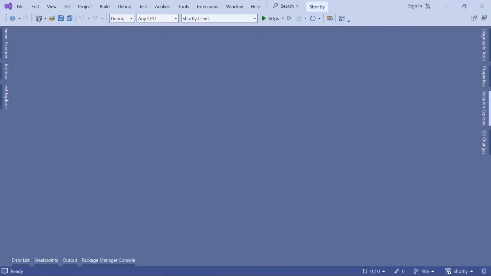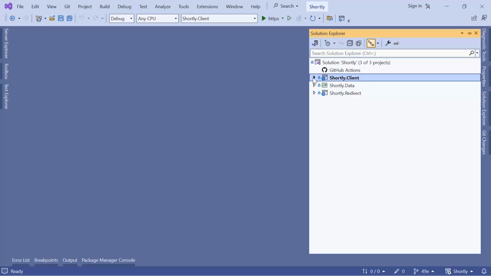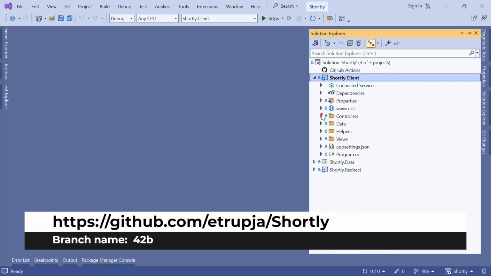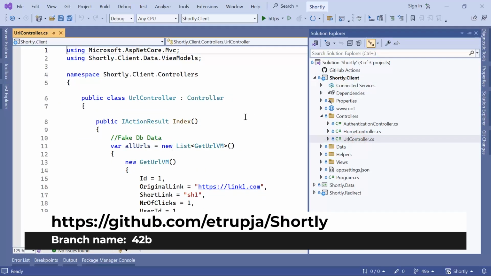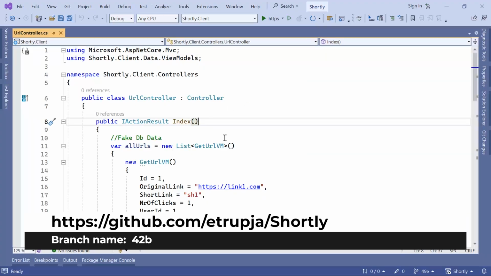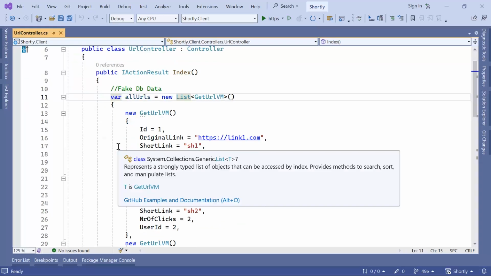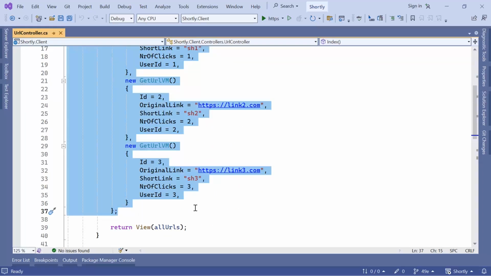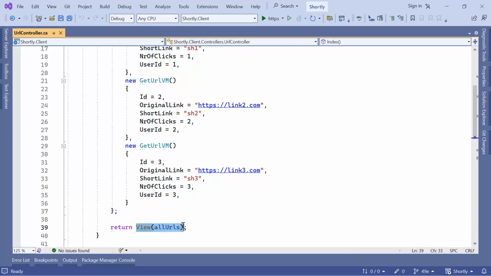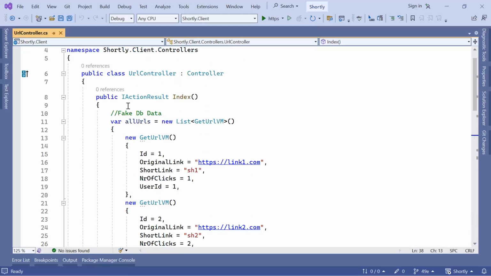Now here the data that you see on the screen is in the client project, then controllers, URL controller, and inside this controller you have this action named index where we hard code some fake data, and then we just pass them as a parameter to the view. Now to get the data from the database, we have said that we need the DB context file. But for us to be able to use that file in here, we need to inject that file in the